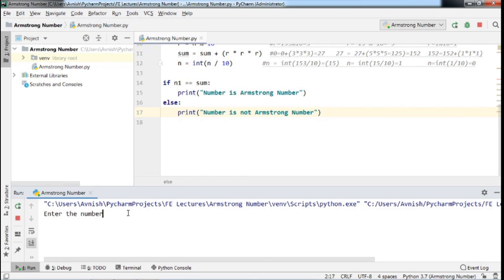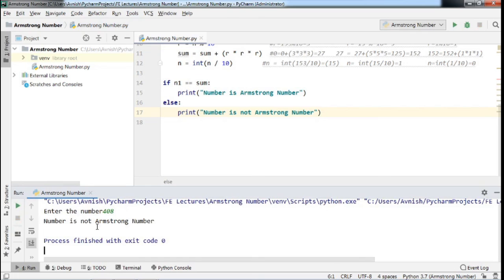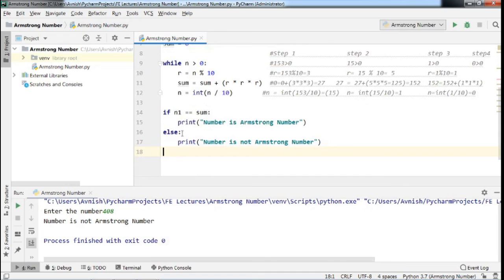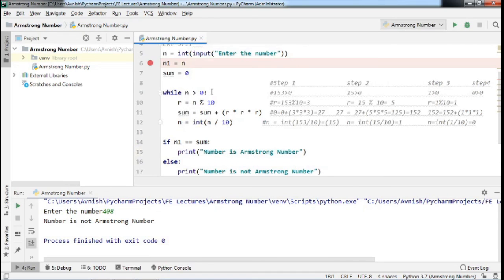We have to check whether 408 is an Armstrong number or not. See, the number is not an Armstrong number. In this way, we can check any number using this Python code. Here we required a looping statement as well as a conditional statement. Conditional statement means if and else, and looping statement means while loop.